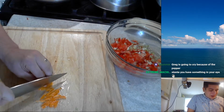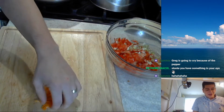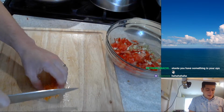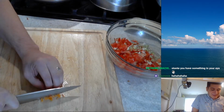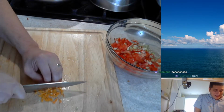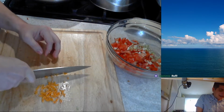I ended up literally macing myself because I feel like the capsaicins in the peppers are similar to what's in pepper spray. I mean, they call it pepper spray. I think it's a similar chemical compound, if not the same. Citation needed, I'm sure. So we're just gonna chop these up, chop them into little strands, julienne them, I think